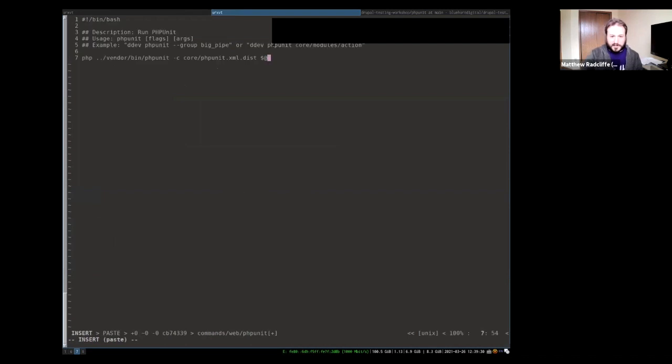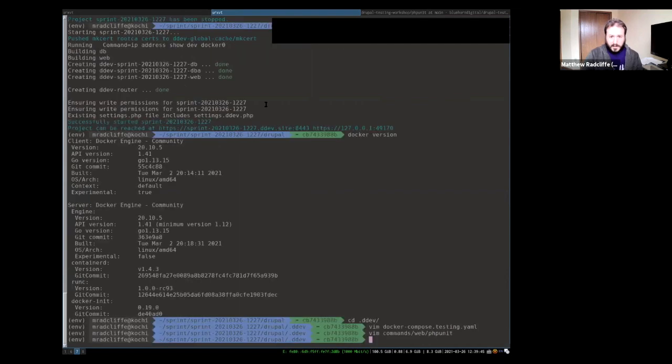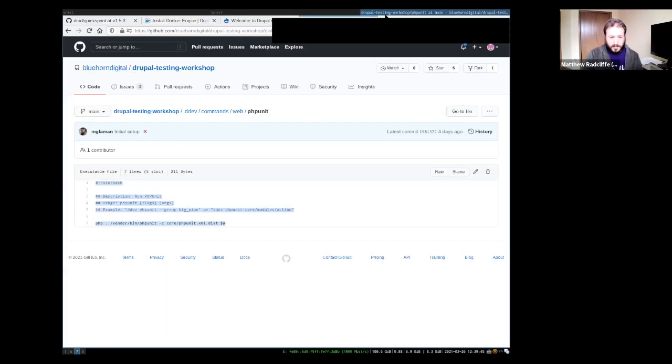The one modification is I need to change it so that instead of going one directory up, it's just like that. And the same with the other one. So if you look here, we're one directory up, /vendor, but in our Quick Sprint, we're actually just vendor/bin/phpunit. We don't have to be one directory above. And this will get us set up for doing Olivero work tomorrow.